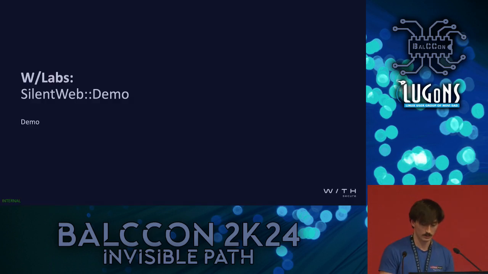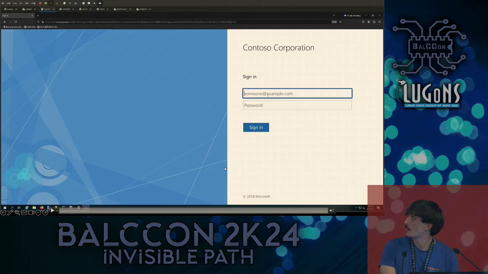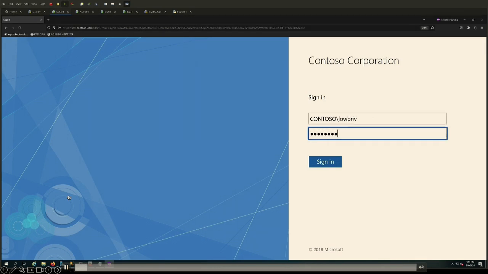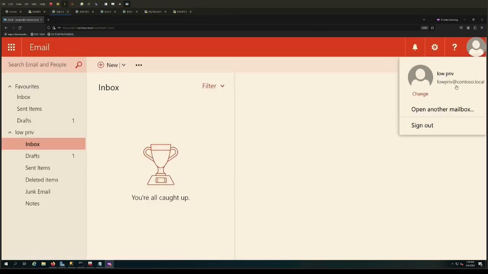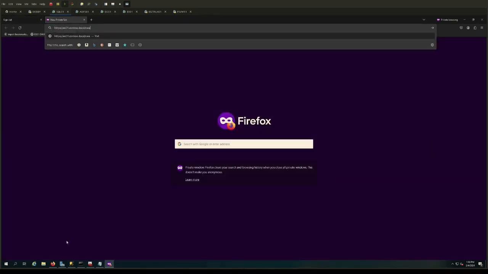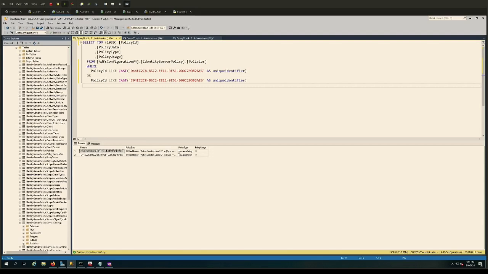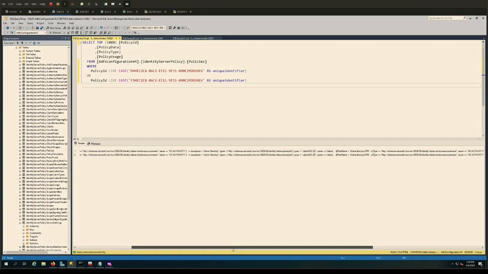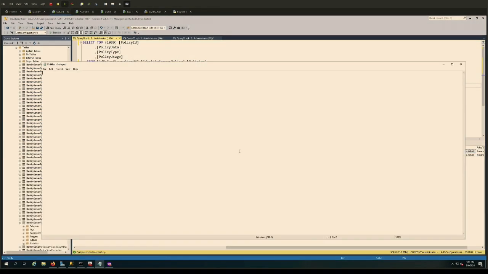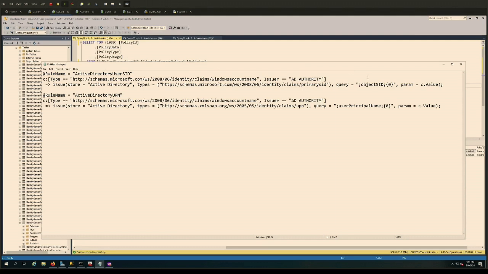I do have a demo, so hopefully this works. So as you can see, I'm logging in as the low-priv user. I log in as low-priv inside Exchange. I just copy the URL for Outlook on the web. I make a query for the actual rules. As you can see here, they're just the standard rules for ECP and OWA.